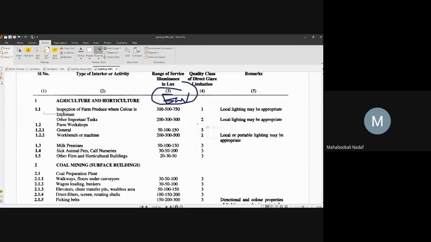Now, whatever task you are taking, if errors are very costly, meaning someone is performing an operation and if anything goes wrong, it will become a very big problem, that is called error importance. If errors occur, errors are very costly. Means what? You cannot rectify the errors if they happen. Then you always take higher values.